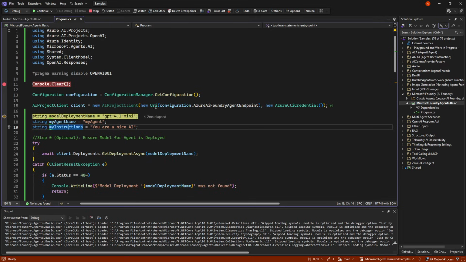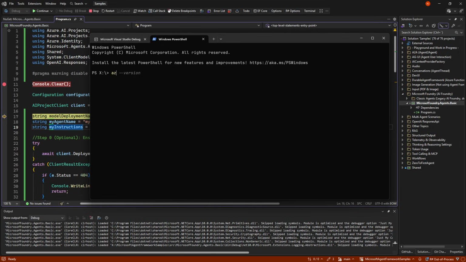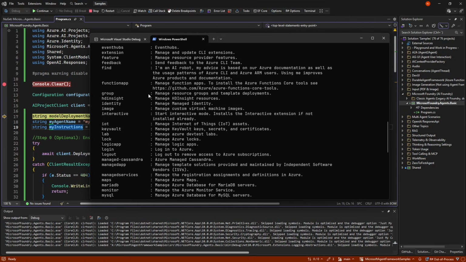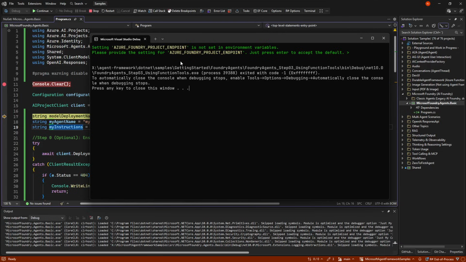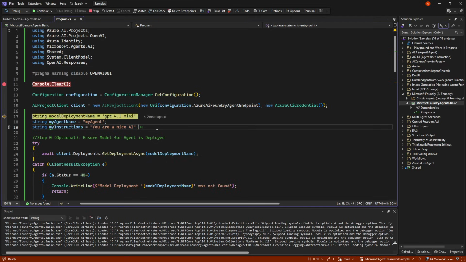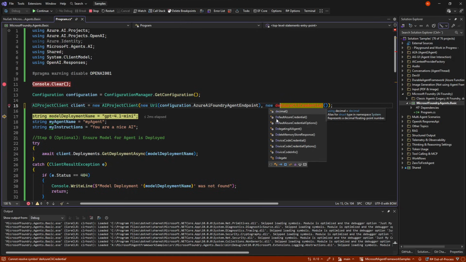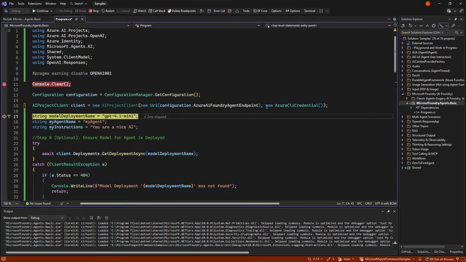In any case, we have the AI project client where we just give an endpoint and our Azure CLI credentials. In my case, I set up Azure CLI, and there's the AZ tool where I've logged in, and that will give me my credentials. Up in Azure, of course, they are given by the tool and the managed identities, and here you could use default Azure credentials in order to get them from Visual Studio and stuff instead. But I just use this because it's the fastest one, despite it being slow.